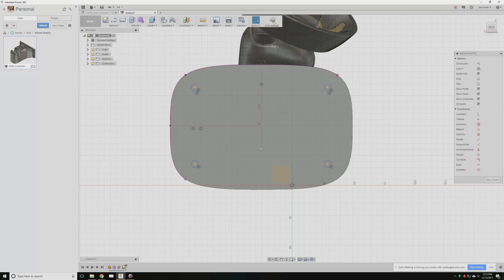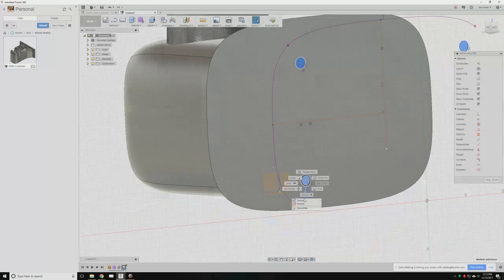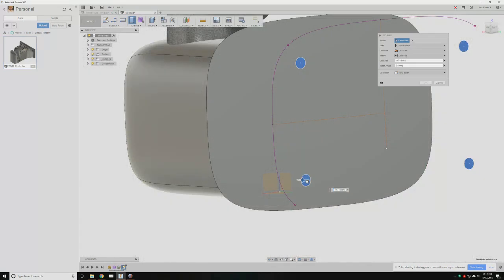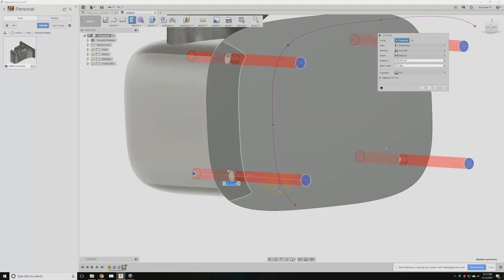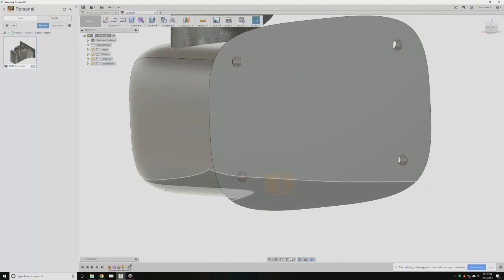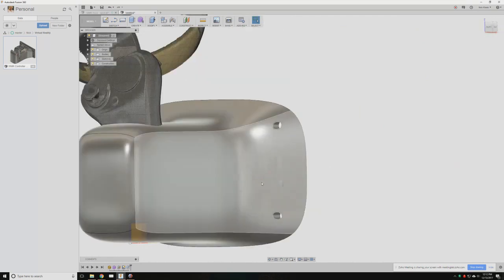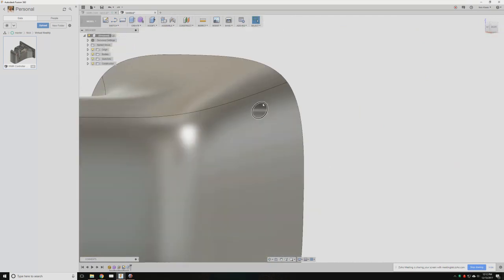and I can go in and select each one of the centers of those circles and extrude them out. They are extruding as objects until they hit something, and now they become cutting tools. Now we have some holes. And those holes aren't entirely nice for screws, so we can go in and say